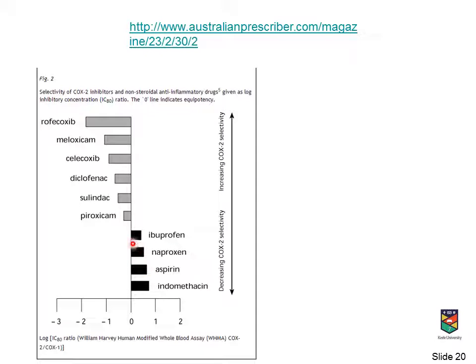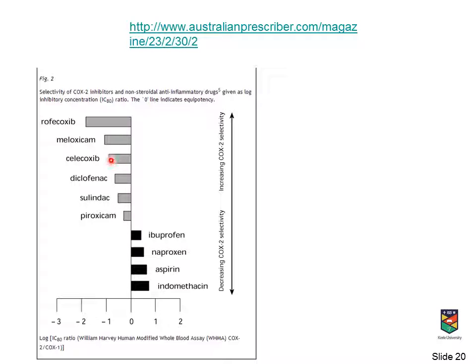Naproxen and ibuprofen are a bit better, but it's not until you get over here to piroxicam and things like diclofenac that you start to get some selectivity for COX-2 over COX-1. And then there's meloxicam, which I've already talked about, which is really, as I said, tenfold selective for COX-2 over COX-1. And then there's two other compounds I want to talk about on the next slide, rofecoxib and